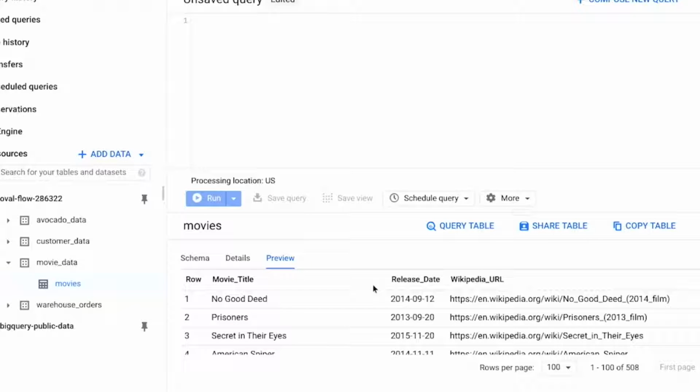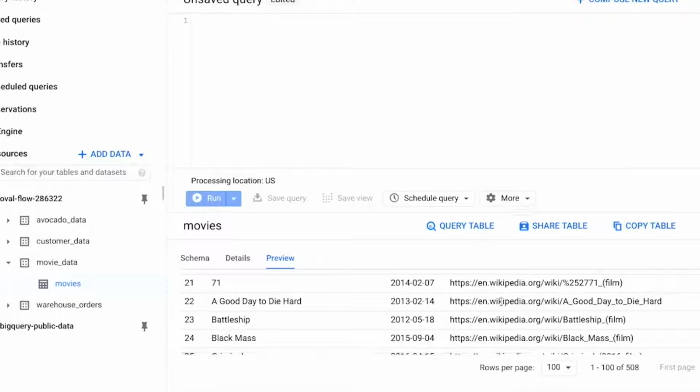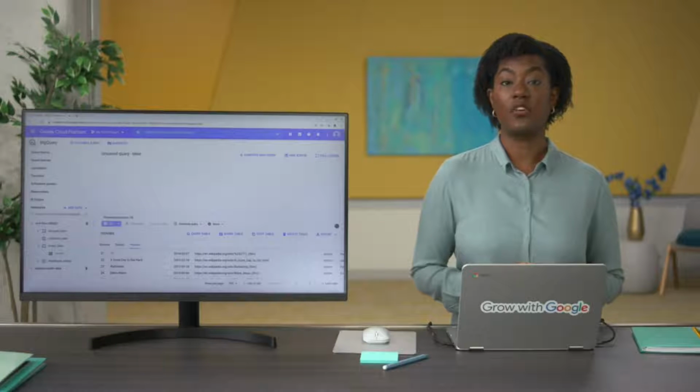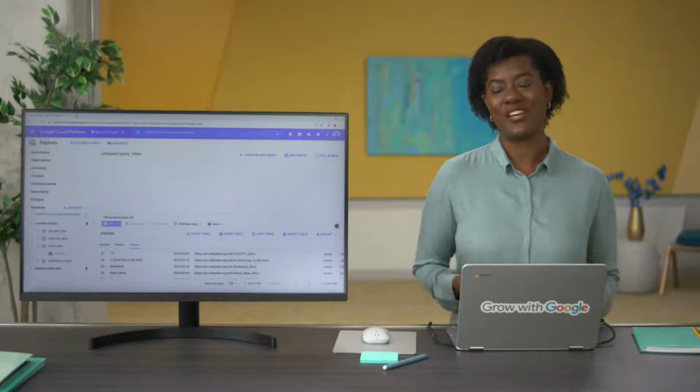Basically, it's a long list of movies. Each row includes an entry for the columns named: movie title, release date, genre, director, cast members, budget, and total revenue. It also includes a link to the film's Wikipedia page. If you scroll down, the list goes on for a long time. Of course, we won't need to go through everything to find the data we want. That's the beauty of a filter.